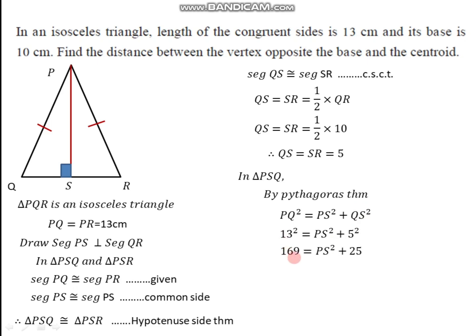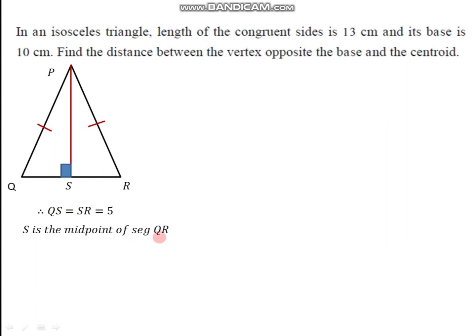So 13 square is 169 is equal to PS square plus 5 square, which is 25. If we take 25 to the left hand side, it becomes minus. So 169 minus 25 is equal to PS square. 169 minus 25 is 144, that is equal to PS square. If we take the square root on both sides, the square root of 144 is 12 and the square root of PS square is PS. So 12 is equal to PS, that is, the length of segment PS is 12. So as we can see in the diagram, the length of segment PS is 12. Now the next step would be